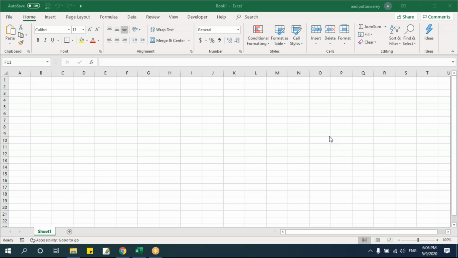A dashboard can be static, or it can be dynamic, or it can be interactive. When I say static, the data what we have will be fixed. Say I have 1000 rows of records, that's all. Whatever the reports I'm getting, it will be within that 1000 records only. When I say dynamic